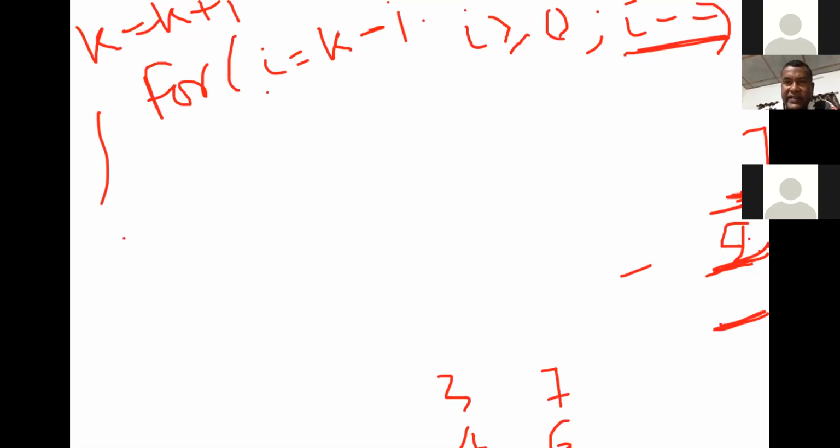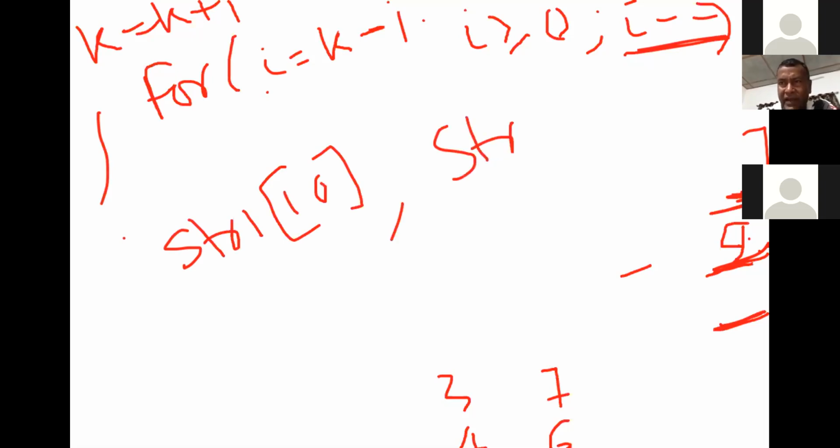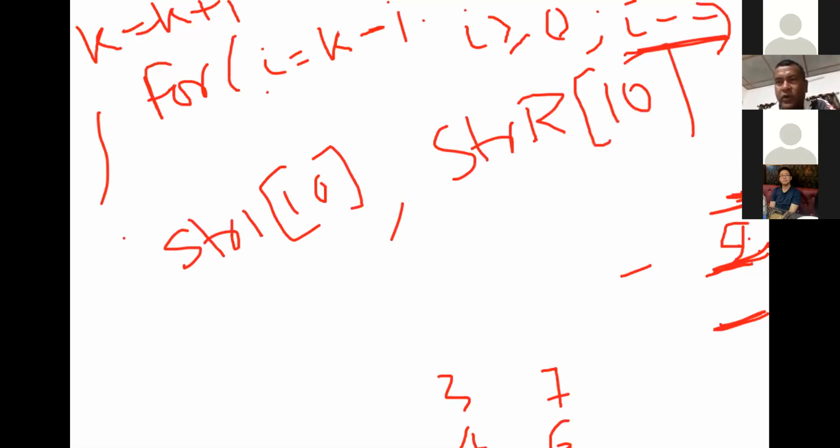One is str1, 10. Another is str, I make it r for reverse, 10. Two strings, okay. I input some value in this string, and this one is empty.